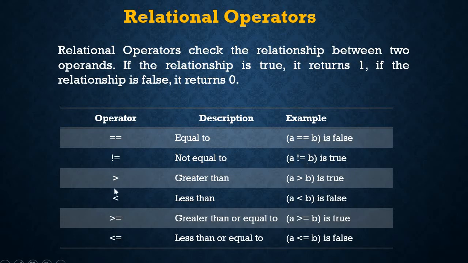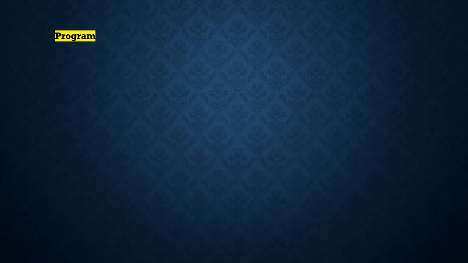Greater than and less than, as we know very well, are the greater than symbol and the less than symbol. There is also greater than or equal to, which will include the value given for the variable B. In the case of the less than and greater than operators, it will not include the value of B. Whereas with equal to, as we include this equal to symbol, in greater than or equal to and less than or equal to, the value of B will also be considered during the comparison.